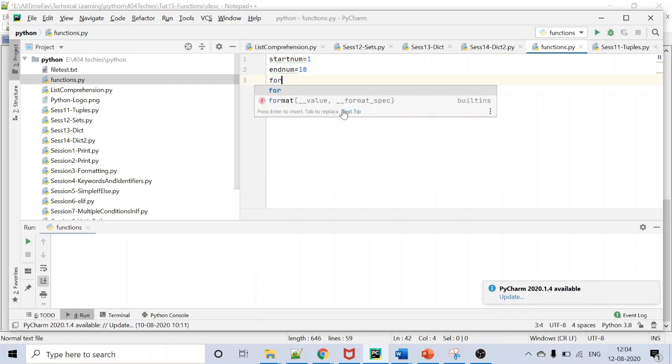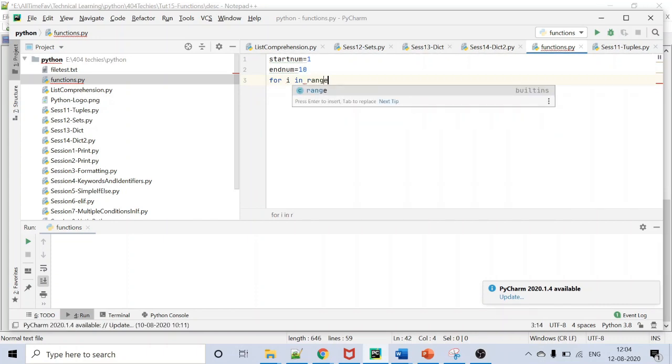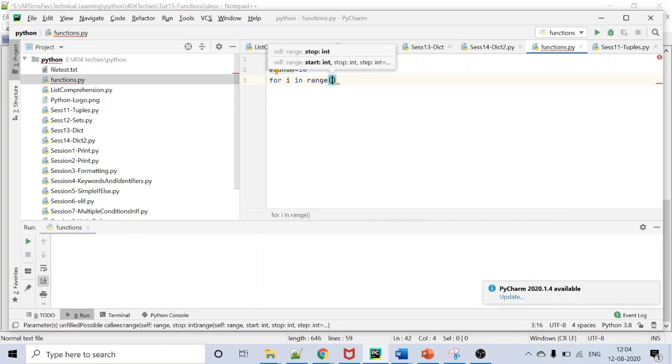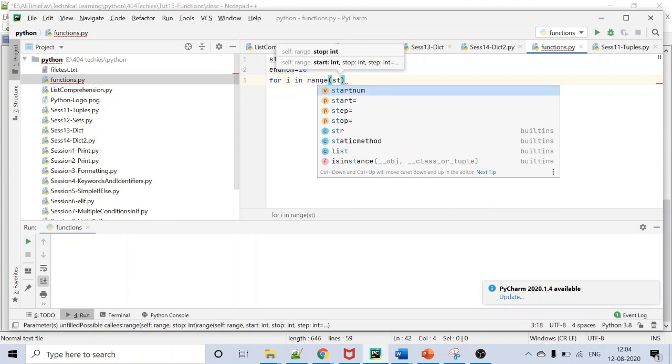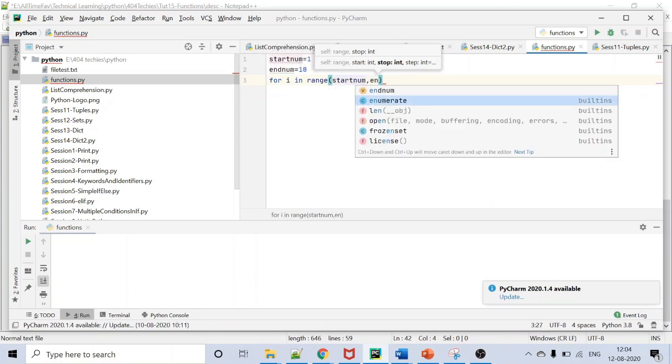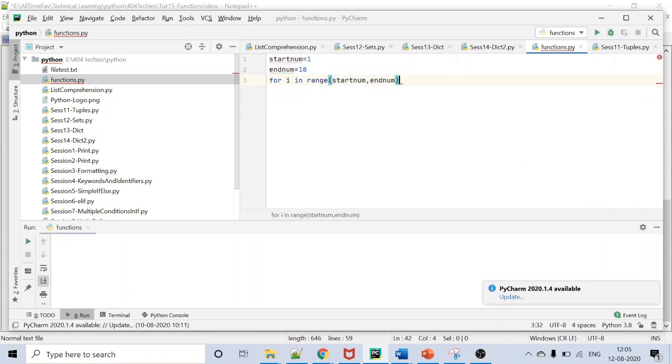So, for i in range start number comma end number, if i modulo 2 equal to 0, then I'm going to create a new list, even numbers list, and even numbers dot append of i.